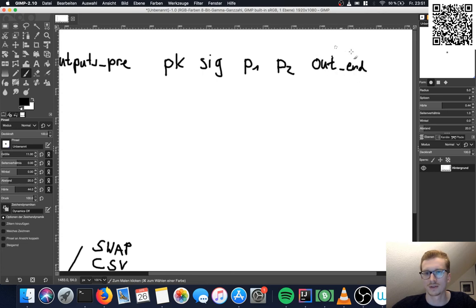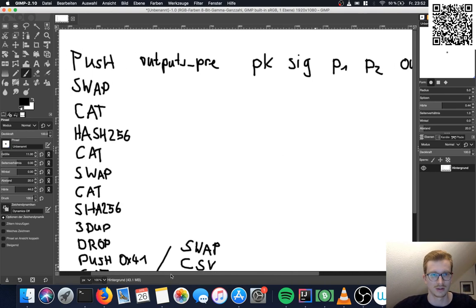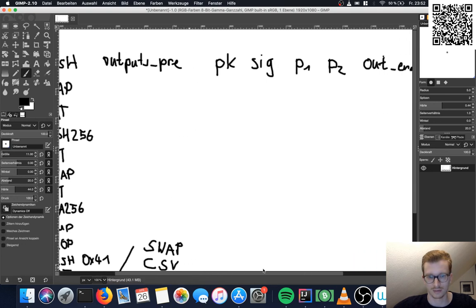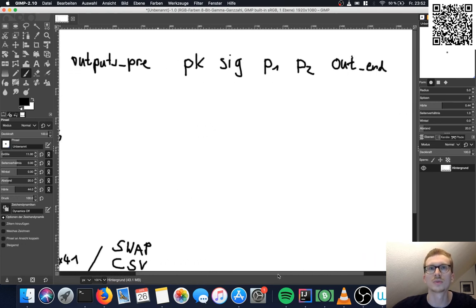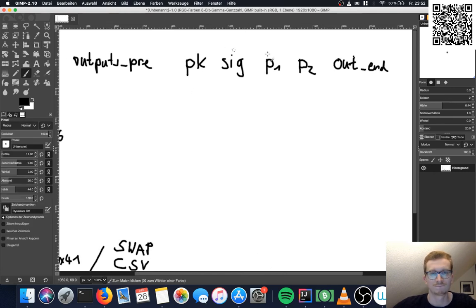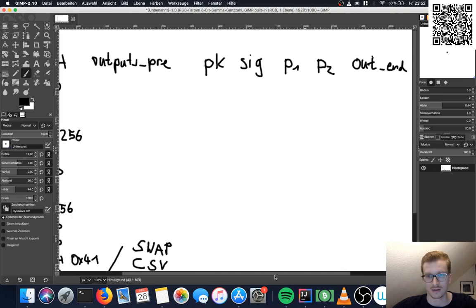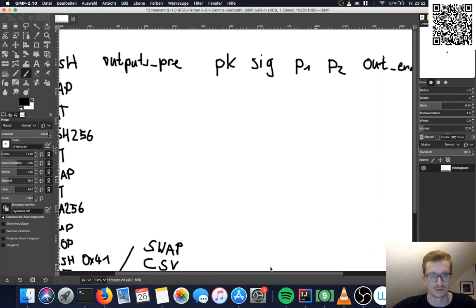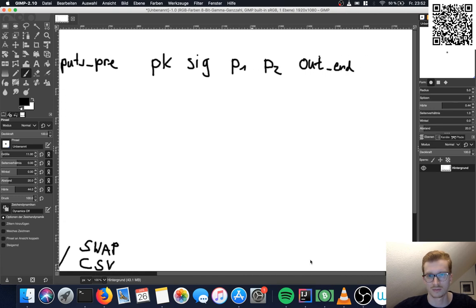And this one is all the outputs the spender wants to have additionally, as we see here, outputs pre, outputs end; outputs pre, outputs post would be maybe a better name. These are enforced by the contract, and these are not enforced by the contract. These can arbitrarily be chosen, as long as they don't violate the Bitcoin rules, because then the transaction will just be invalid.